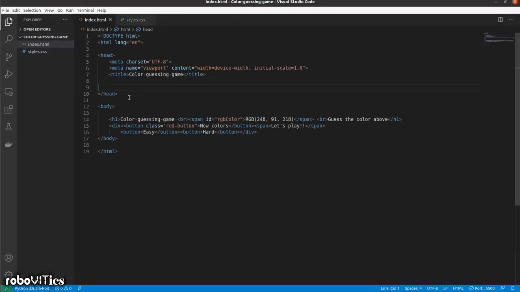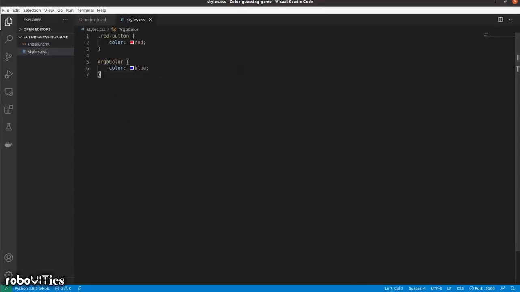For it to know that it should follow the styles inside styles.css, I'm going to use link, and in href I am going to say /styles.css. So this is going to basically select the current directory, that is whichever directory index.html is in, and it's going to say go see my styles inside, render this file using the styles inside styles.css.